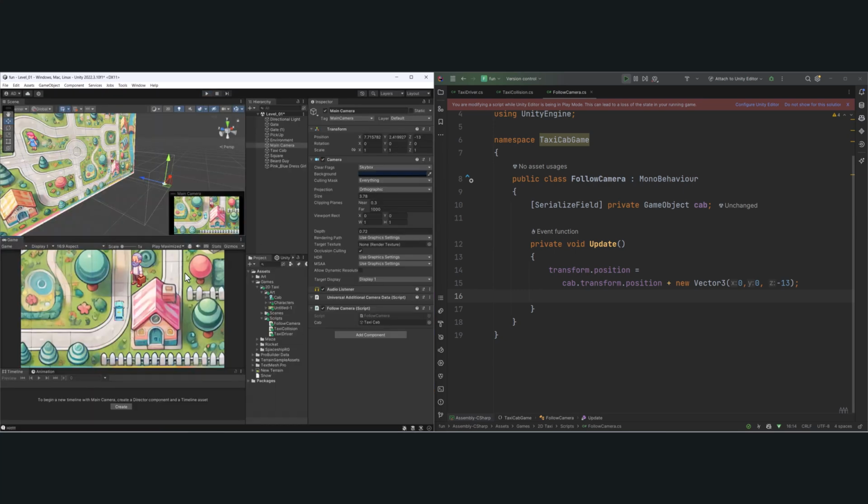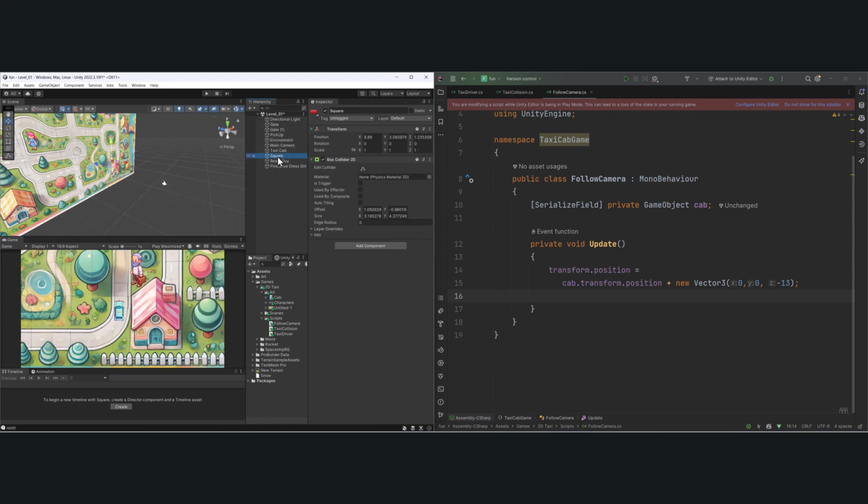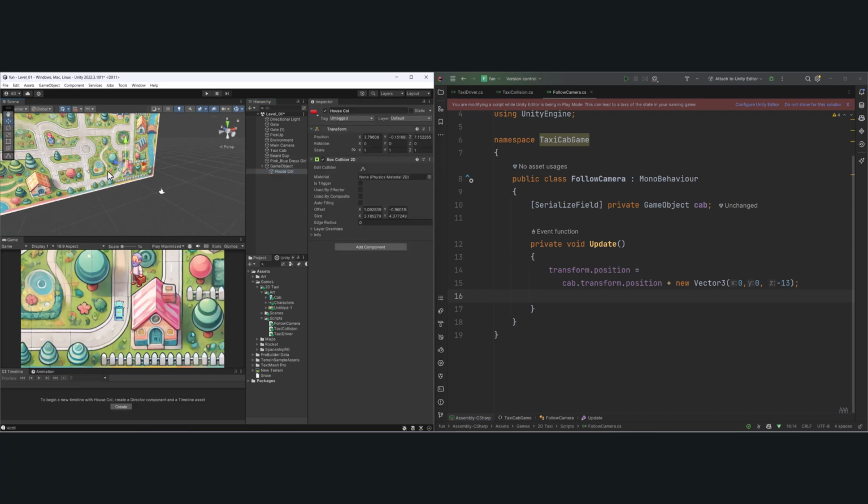The other thing here is I also set up a collision box, and it's called, where is that at? Is it called box or something? Oh, square. So I'm going to name this house COL for collision. I'm going to create an empty game object. And this is just where I'm going to put all of my collision objects. Let me hit F to focus,